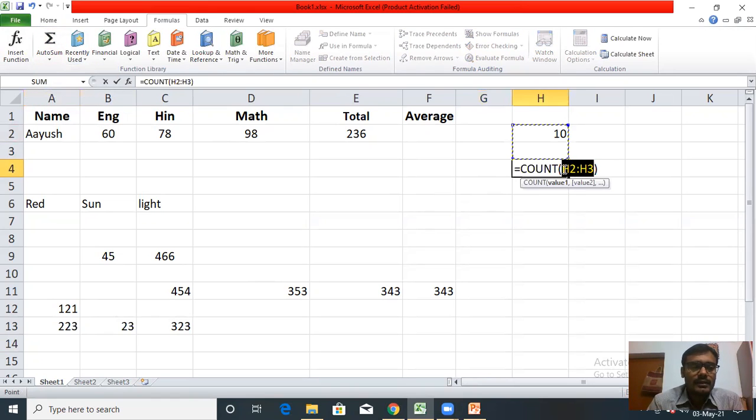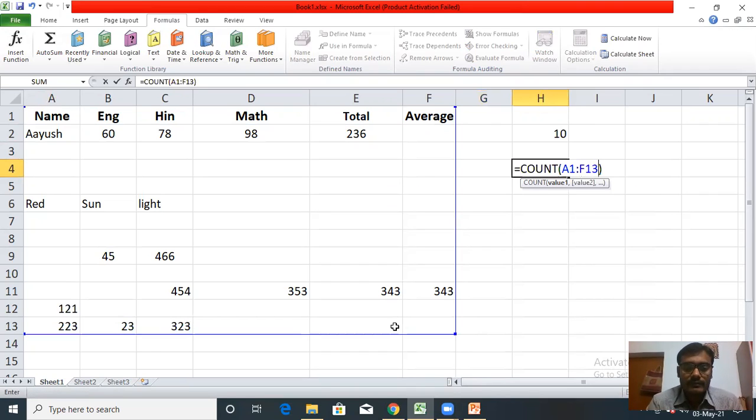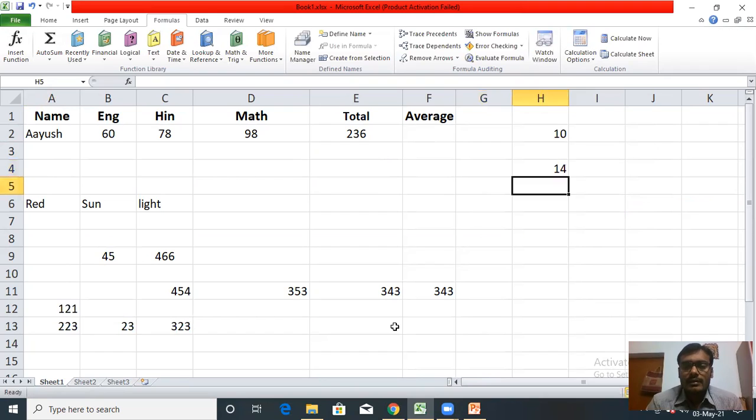From cell number A1 to last cell, suppose the first cell is A1 and the last cell is F13. Okay, A1 colon F13. Okay, press enter key. So total 14 numbers are there in this list.